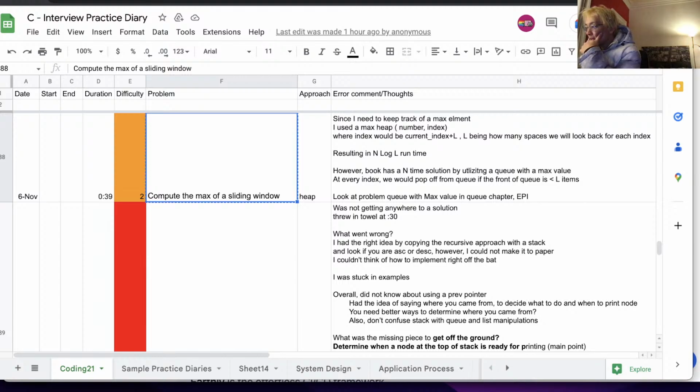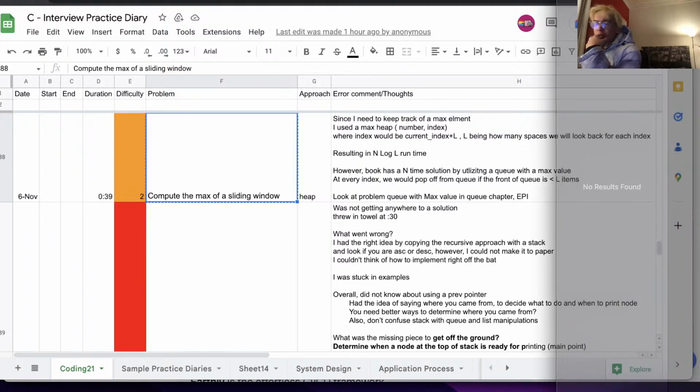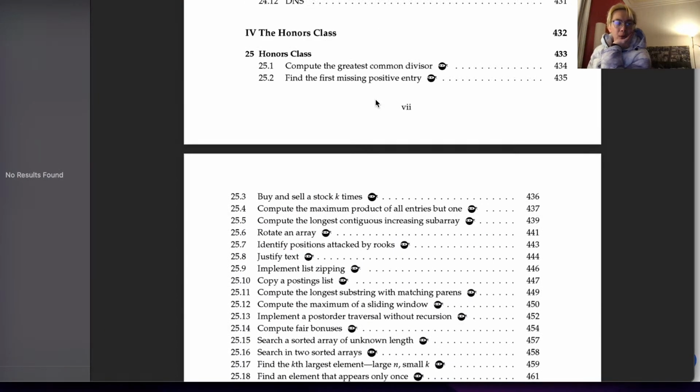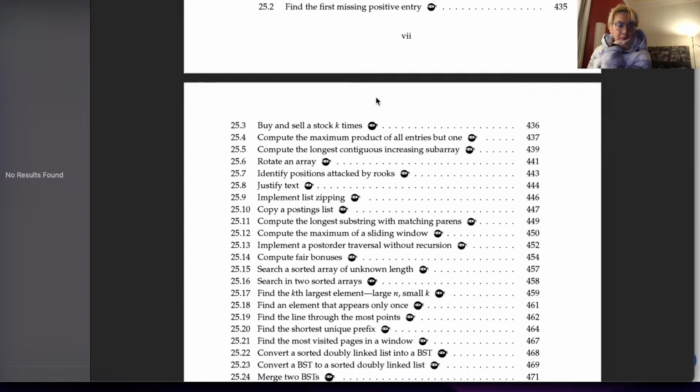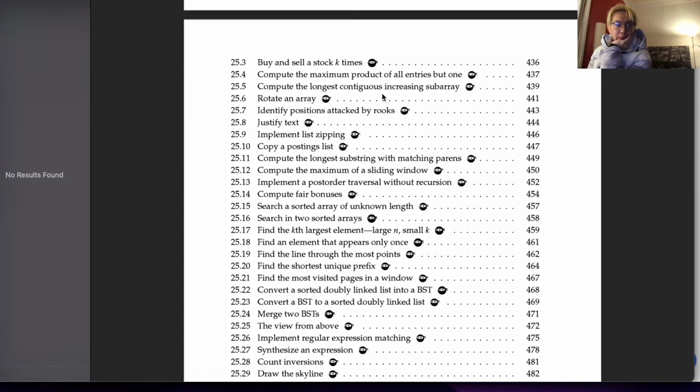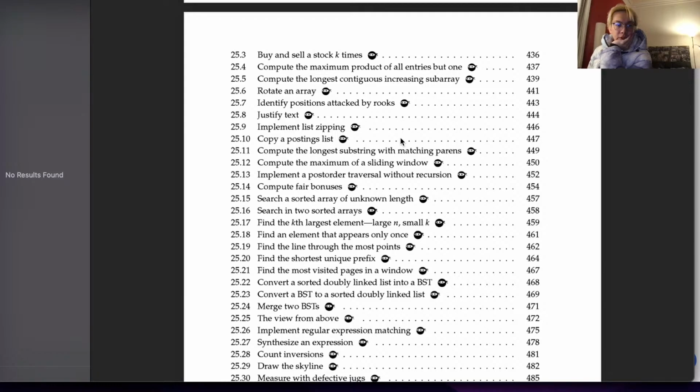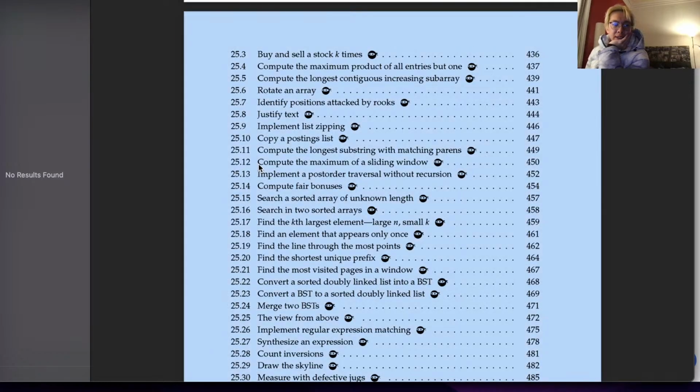I see a 25 on mine. If you search for compute the max of a sliding window, I actually don't see that problem in my book. Compute longest continuous increasing subarray, no. Compute the maximum. Oh, compute the maximum. Got it. Found it.